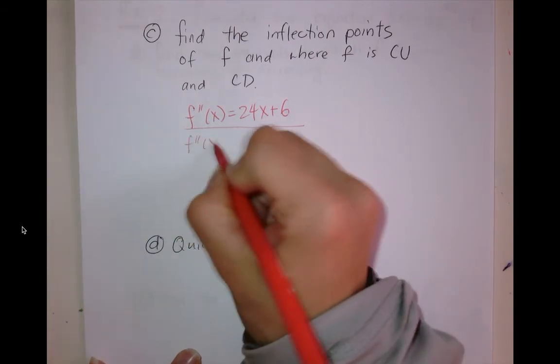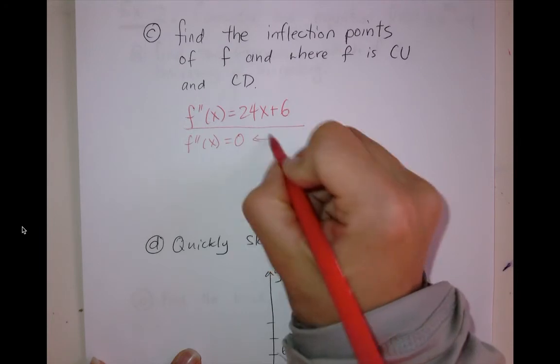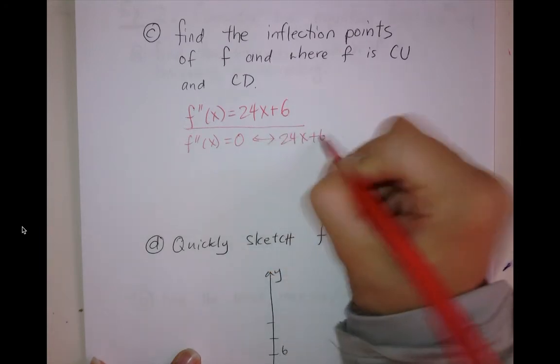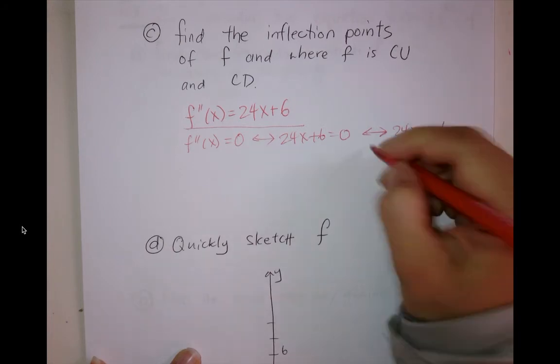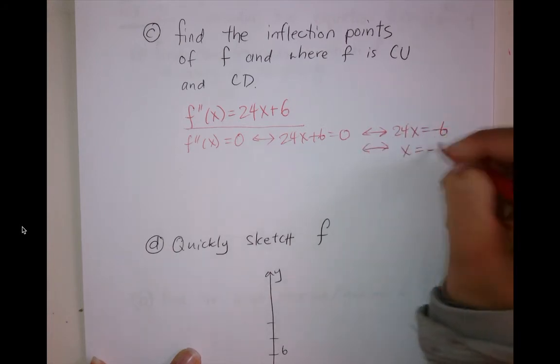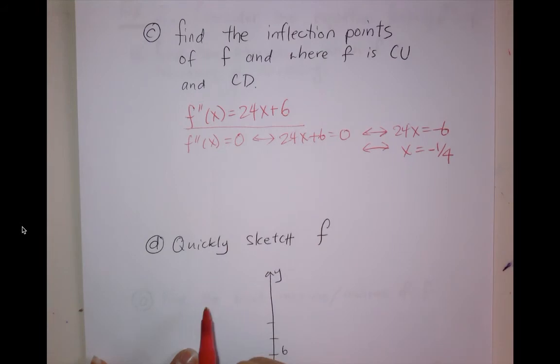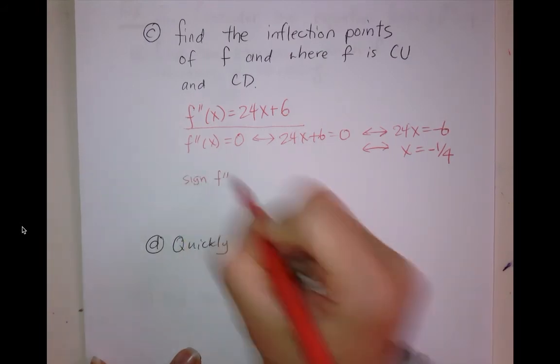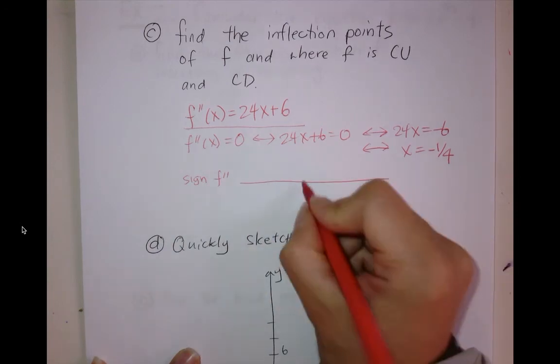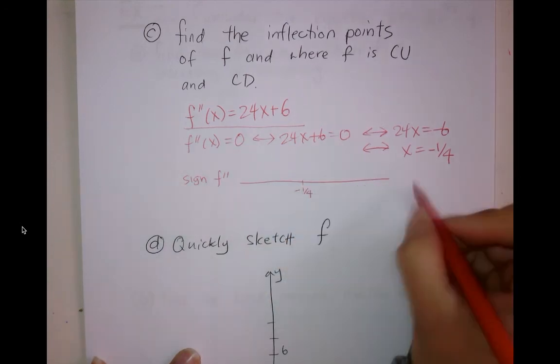So f double prime of x is equal to 0 if and only if